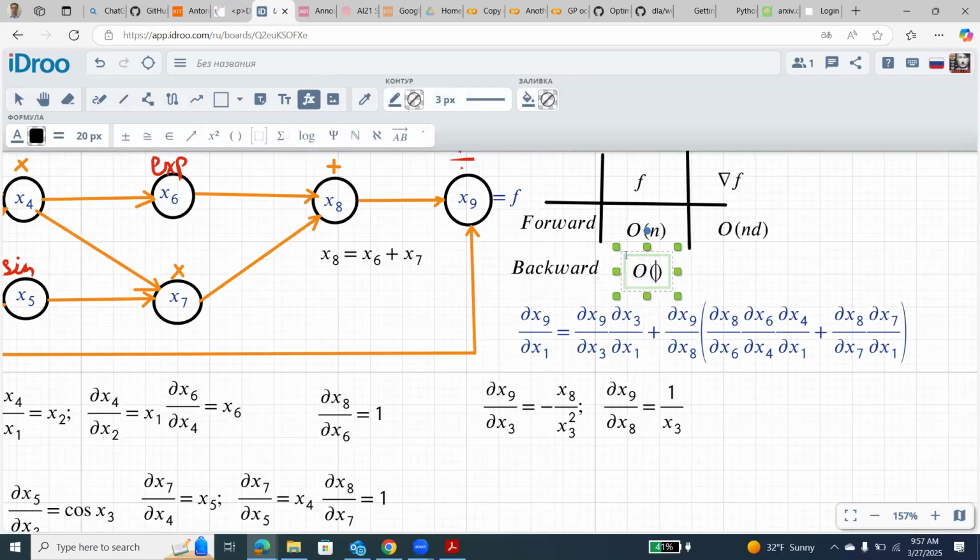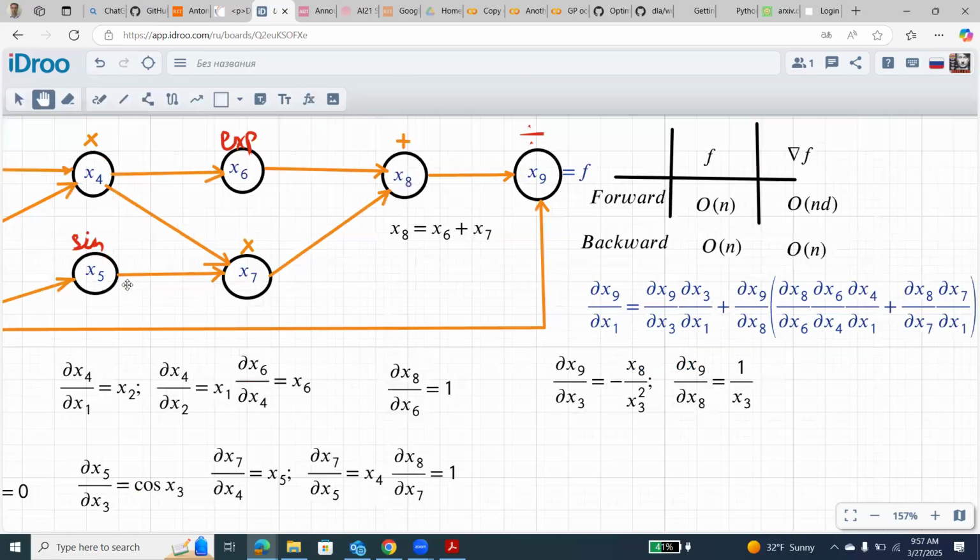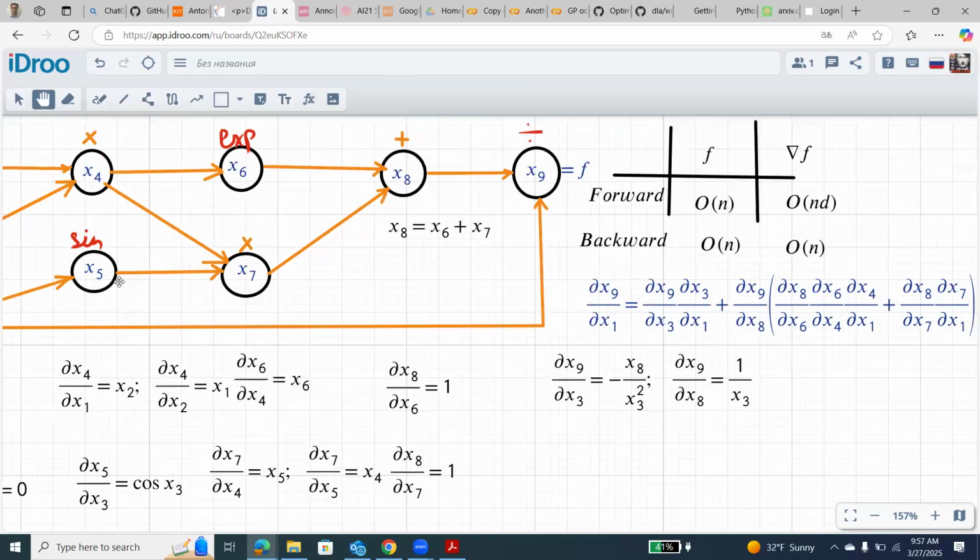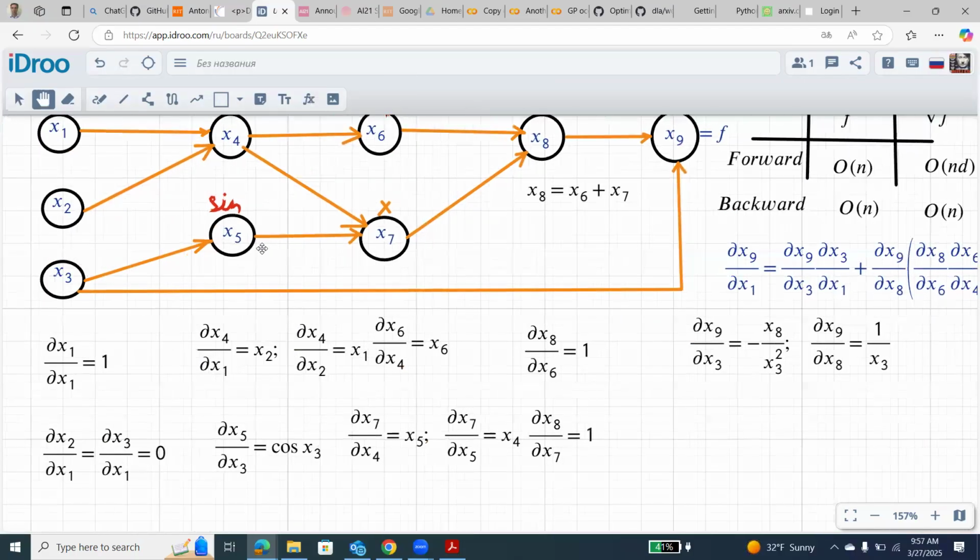And of course, this mode is used in automatic differentiation packages. There is also cross mode, which is the combination of forward and backward modes, but I'm not sure if it's used. Maybe in some packages it's used. Okay, so now let's